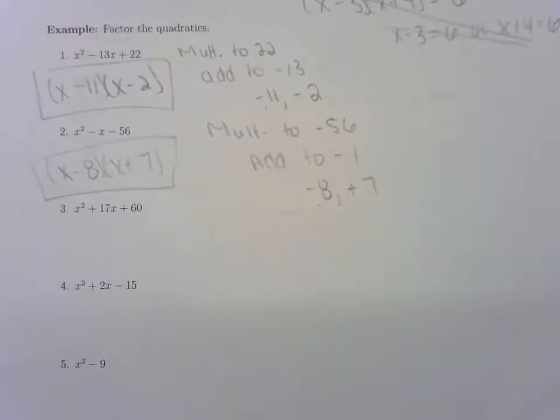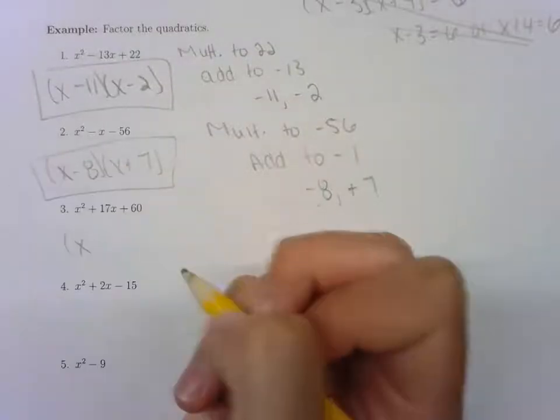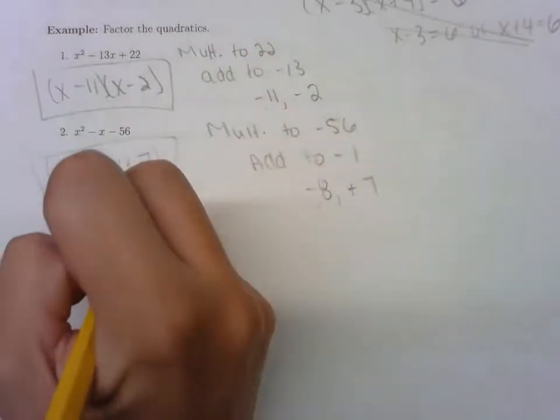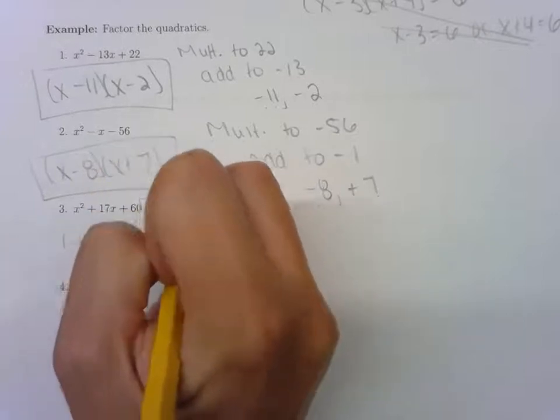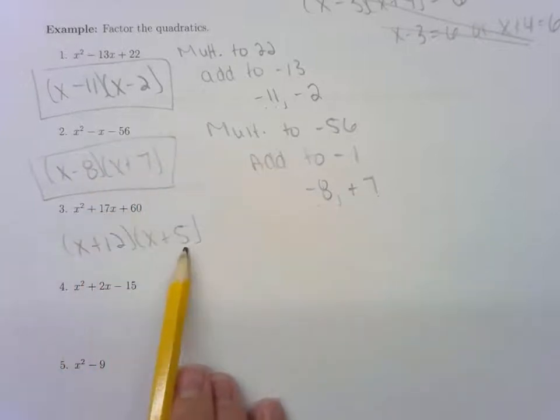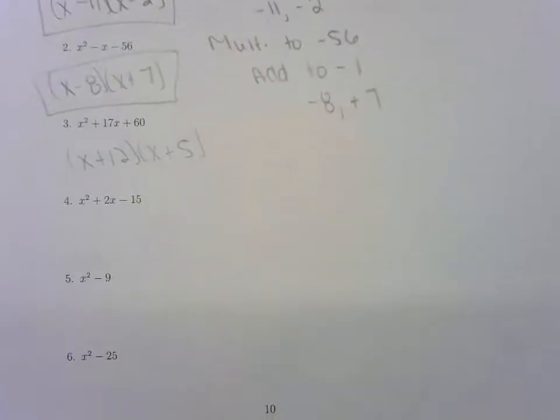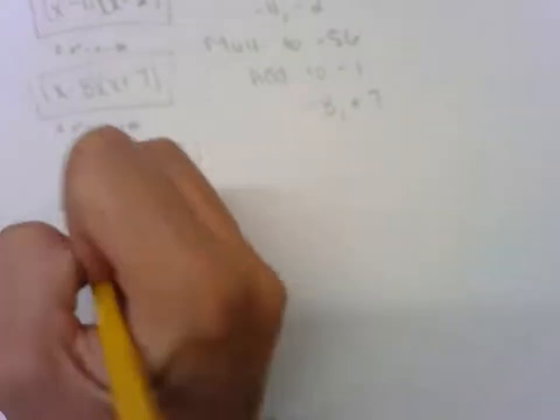Number 3, x squared plus 17x plus 60. I'm just going to go ahead and give you the solutions. I want you guys to check these over though. So x plus 12 times x plus 5. Okay, 12 times 5 is 60, 12 plus 5 is 17. Number 4, x squared plus 2x minus 15. This should be,